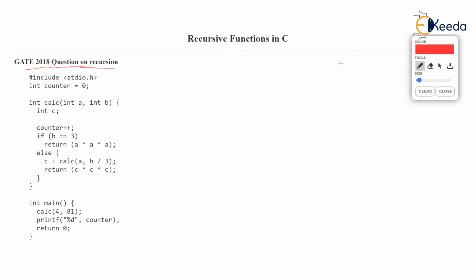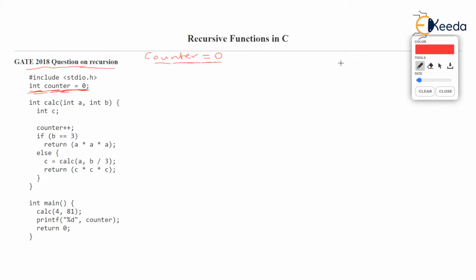In this program, early in the program, there is a global variable declared. We have seen this global variable, local variable, or you can say external variable in the earlier videos where we saw fundamentals on function. There is a global variable called counter which is initialized to 0, and this variable can be utilized anywhere in the program, either in main or in calc function. So here I will set aside one variable called counter equal to 0, and anyone can access this. Any part of the program can access this particular variable.